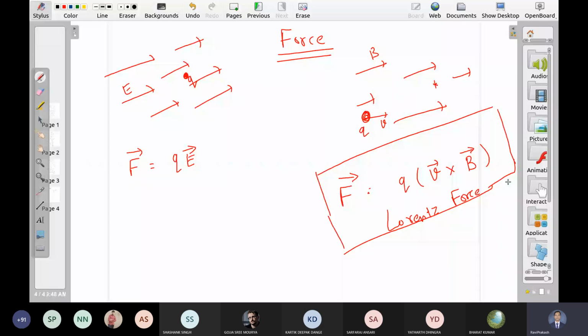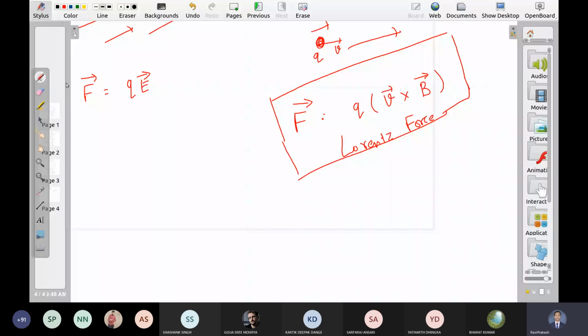I mean, if I put a charge in the constant magnetic field with a velocity v, what is the trajectory of this charge? It will be in the circular loop, whether this or this. Please calculate depending on the sign. So v cross b, up. Okay, so it will move upward.